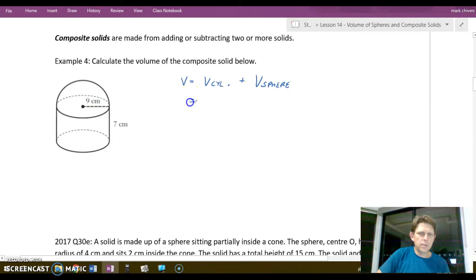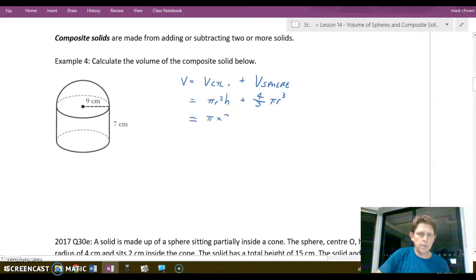Okay, so the volume of the cylinder is just going to be that area of the base times the height. The area of the base of a cylinder is the area of a circle, so pi r squared h, plus, and now the volume of a sphere is 4/3 of pi r cubed. So as we substitute in there, our radius both of our sphere and of our hemisphere